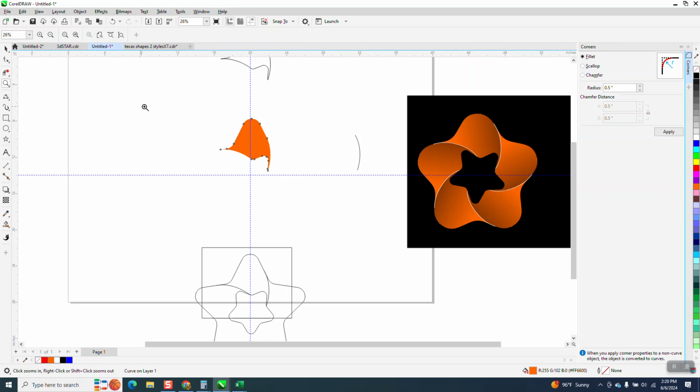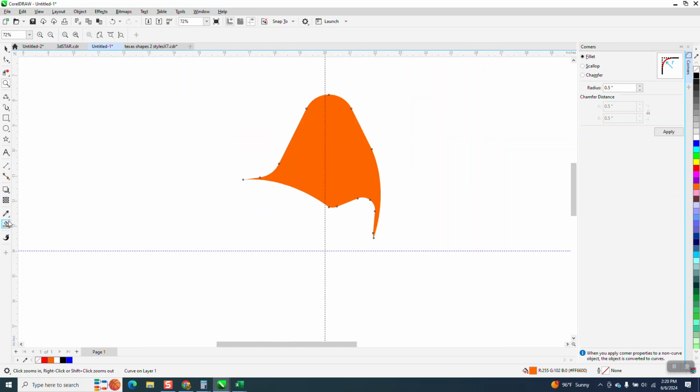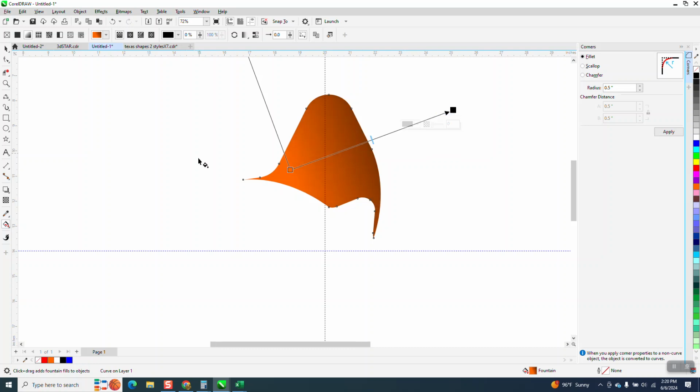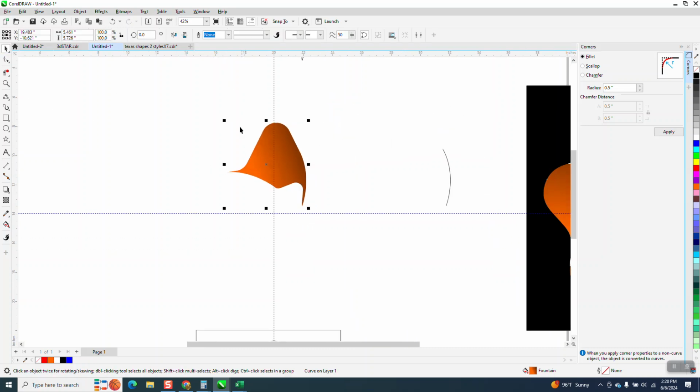Now I'm going to get the interactive fill tool and I'm going to grab it, see if I can't do a better job this time. I'm actually going to just go a normal black in this edge. Maybe that's too much. That looks pretty good. Now, because of this